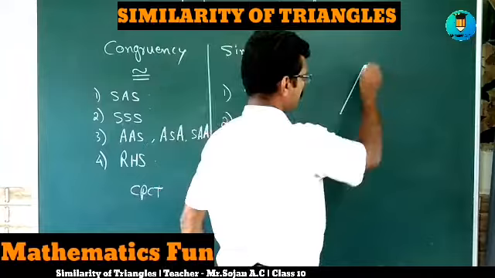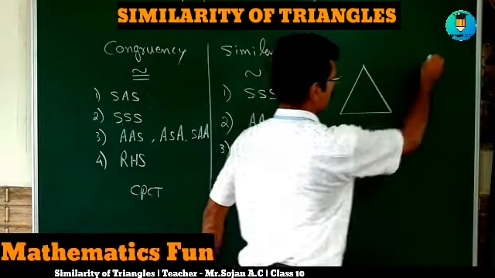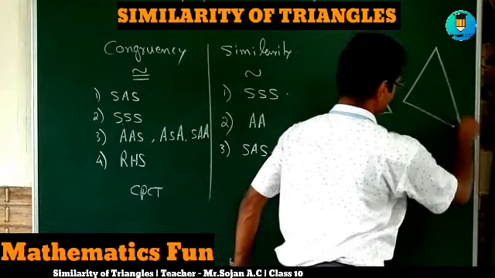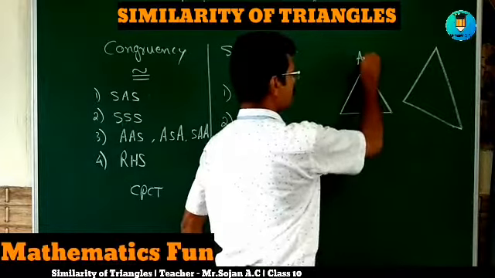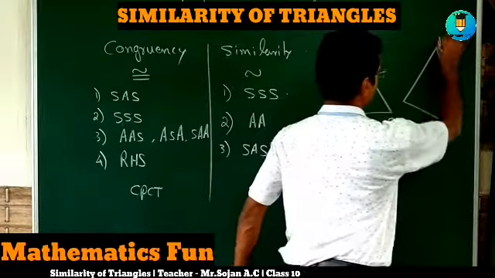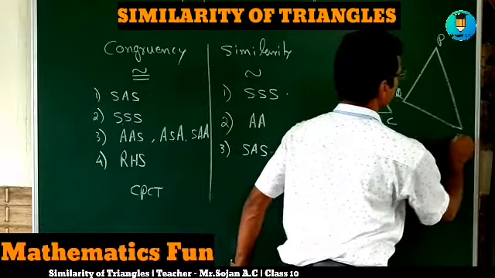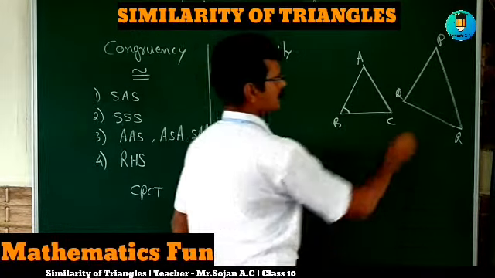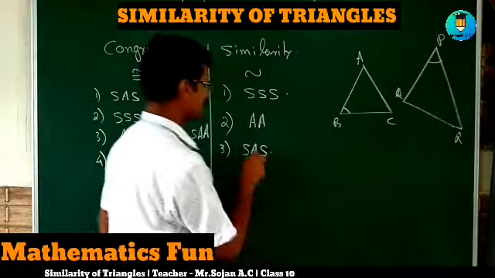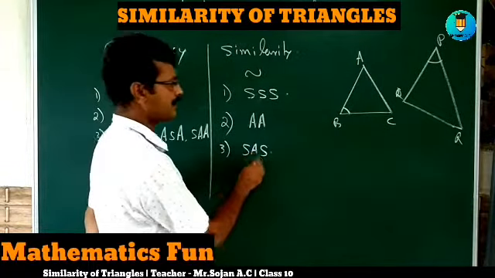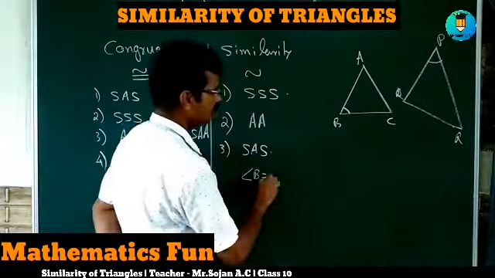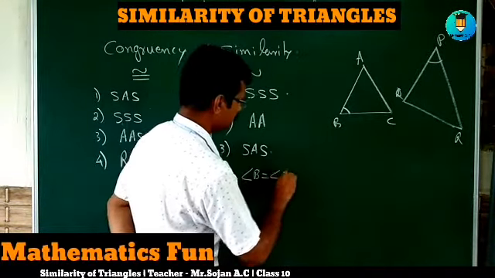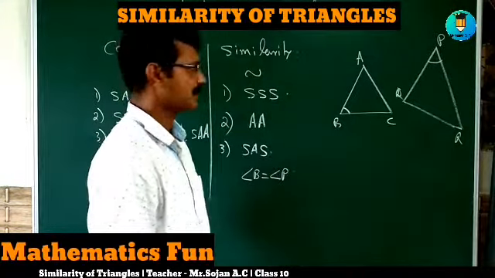So I will make the triangle according to that. First triangle, it will be the second triangle. I am naming it ABC. The second one I am naming it as PQR. Let it be here angle B is equal to angle P. That is this angle. I am taking first of all angle B is equal to angle P, given in the diagram.